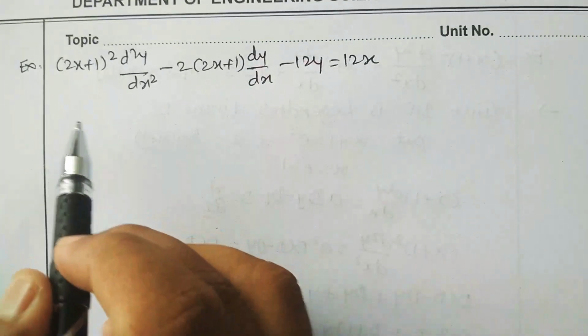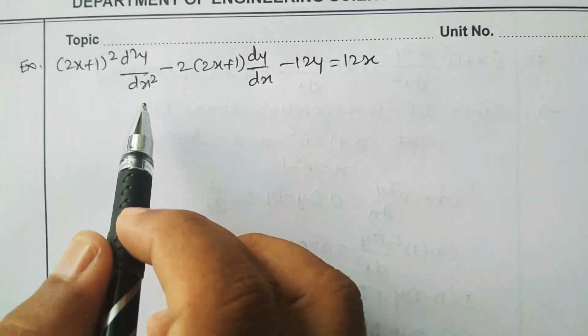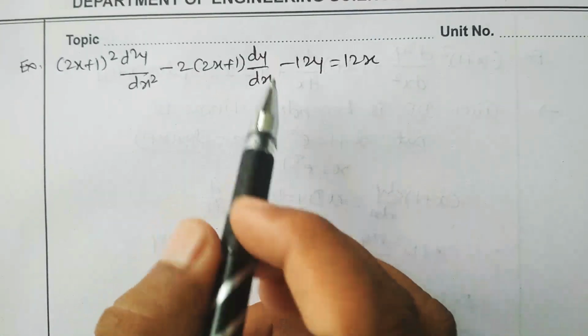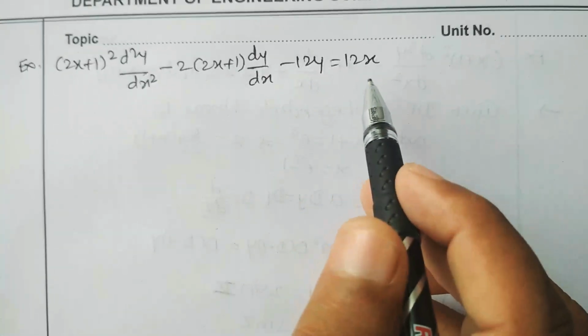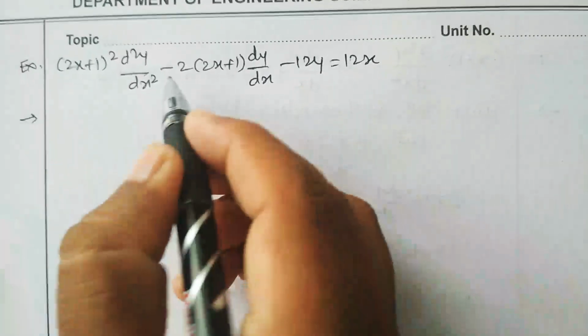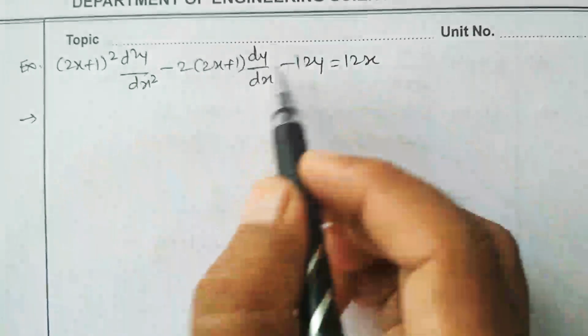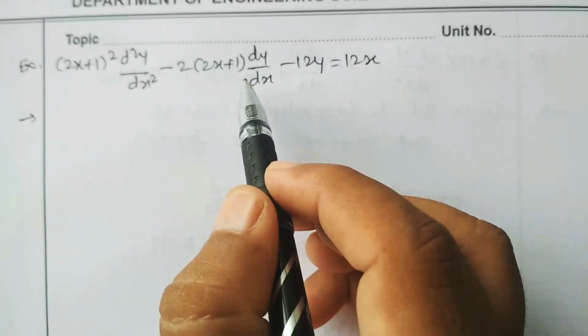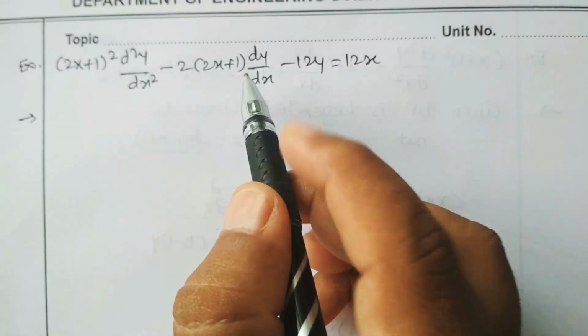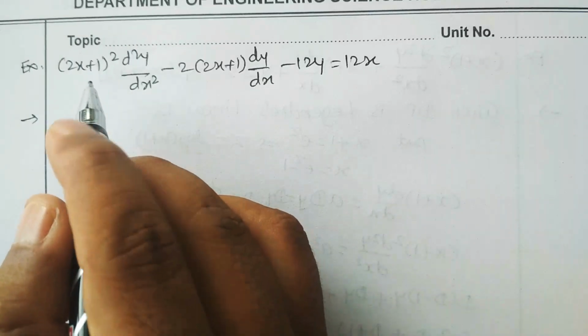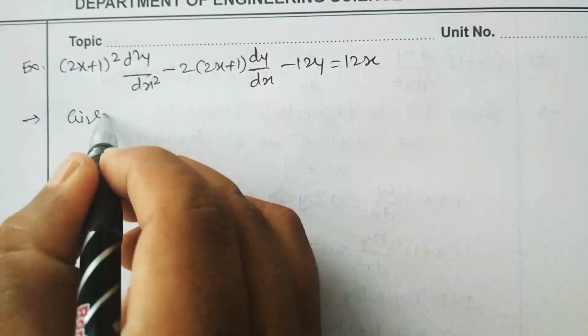Next example is (2x+1)² d²y/dx² − 2(2x+1) dy/dx − 12y = 12x. Again, if you observe the coefficients of d²y/dx², it is (2x+1)². The coefficient of dy/dx is 2x+1. So the coefficients are in the powers of ax+b. So the given differential equation is